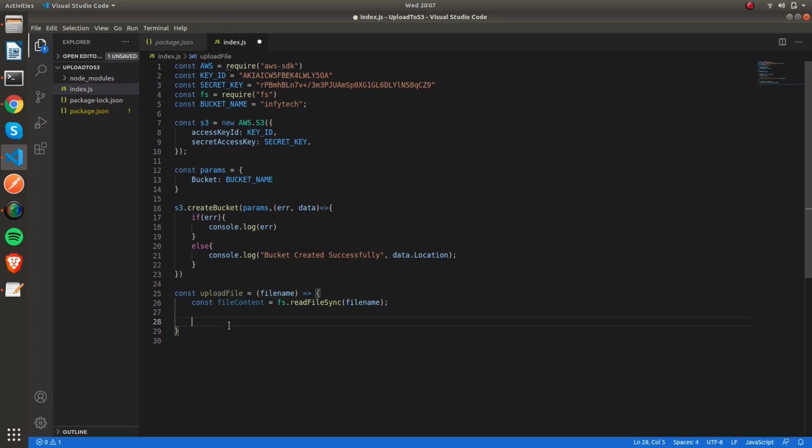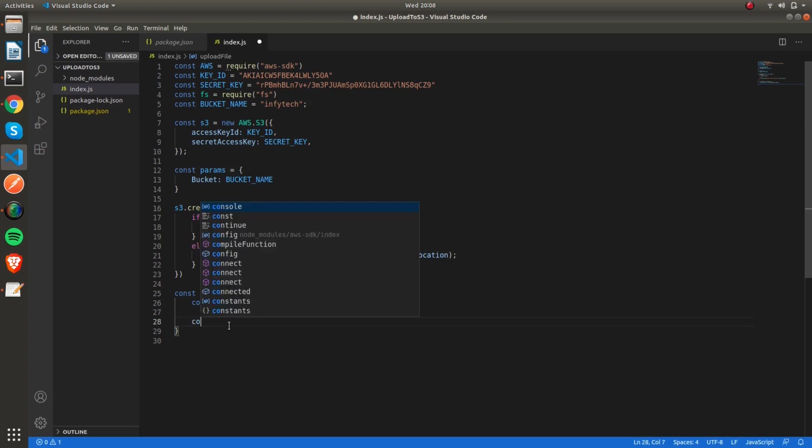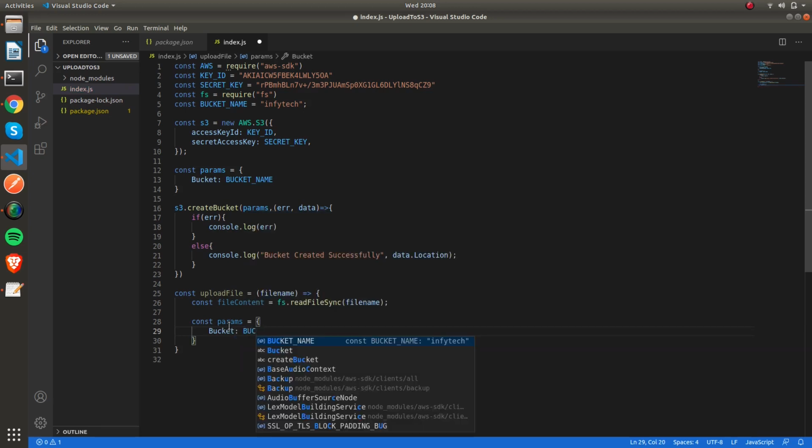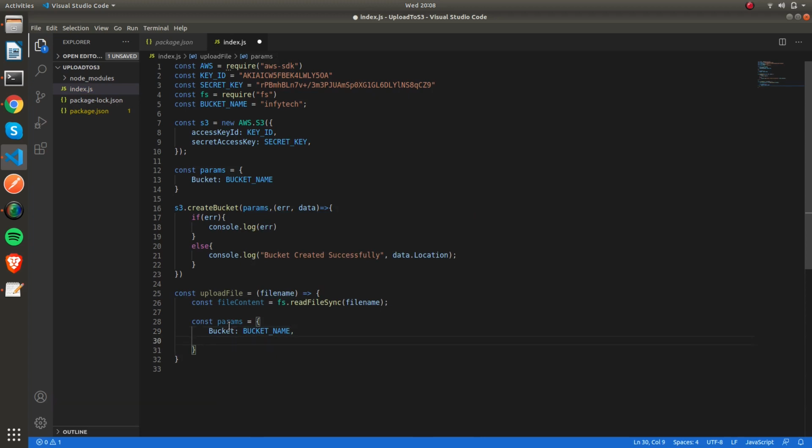In order to upload your file to the S3 bucket, you need some parameters as well. So I'm going to create a params object, and I'm going to pass all the required params in order to upload an object. First I'm going to pass the bucket name, to which bucket I should upload this file content. After specifying the bucket, you should also give the key.